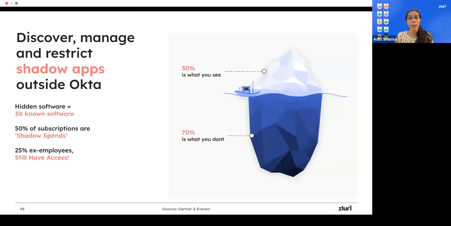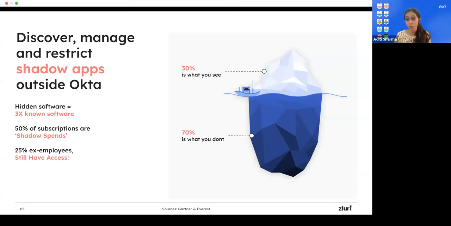Yes. Moving on, one of the other key challenges that many companies face is that today they do not get complete visibility into their SaaS application stack. In many cases, up to 50 to 70% of the SaaS stack is not visible to organizations. And there are multiple reasons for that. One of the key reasons is that in many applications, there is an SSO tax, which is applied because of which companies don't have their apps behind an SSO. So IDPs like Okta are not able to detect such applications.